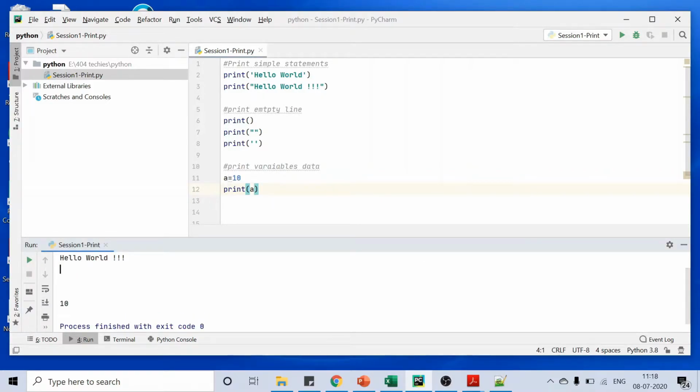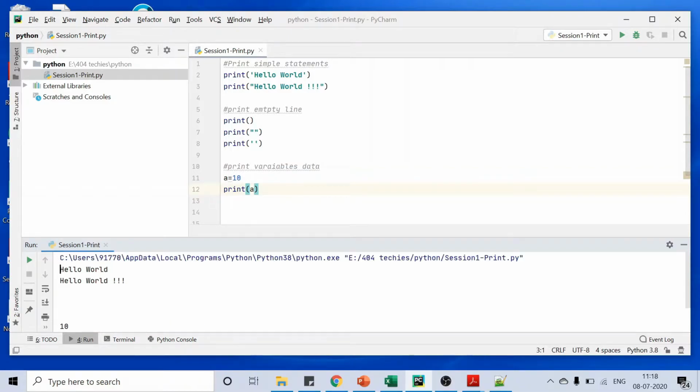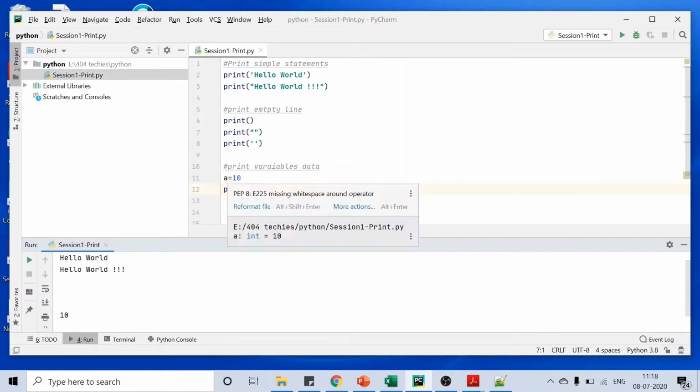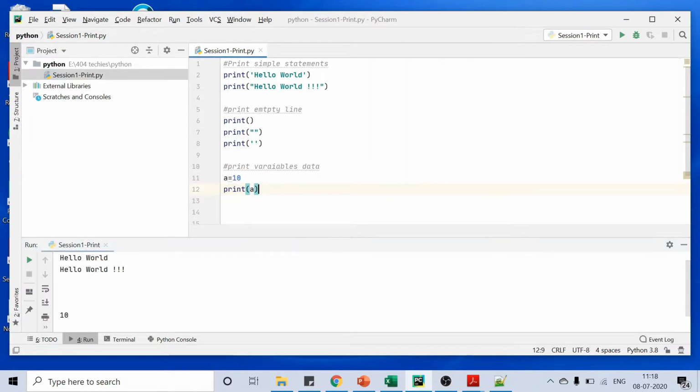See, since I've included these print statements, some empty lines were there here: 1, 2, 3, so three empty lines included. And next I'm printing a. Whatever value I'm storing in a, I'm printing the variable.